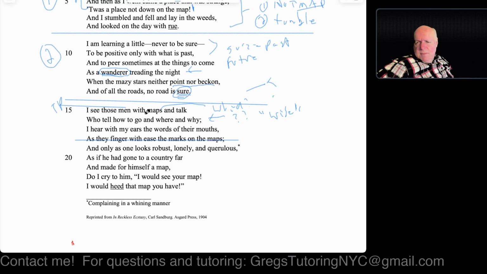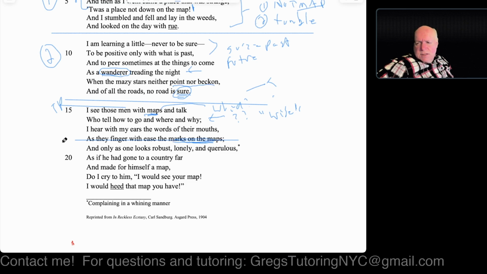So if you're seeing men with maps and they're talking about where to go and why, it implies it might be people giving career advice, or somebody who's already lived their life and is trying to be helpful backwards, all right? But the author is saying, and the marks on their maps, so their maps have been well used, it's implying, okay? And